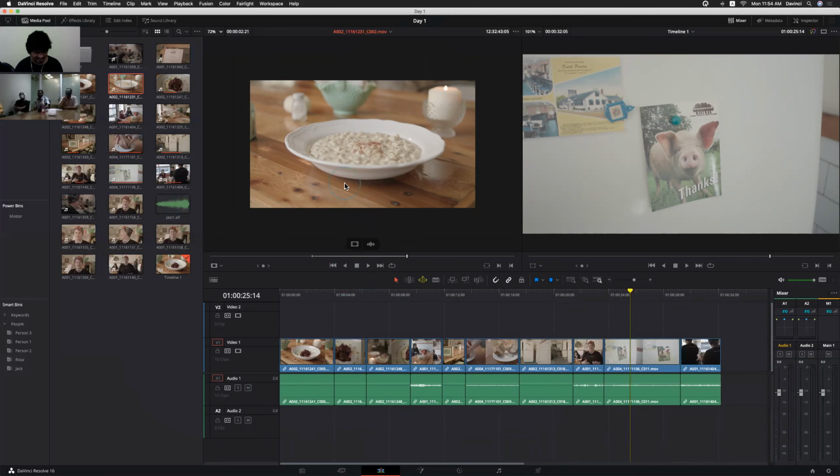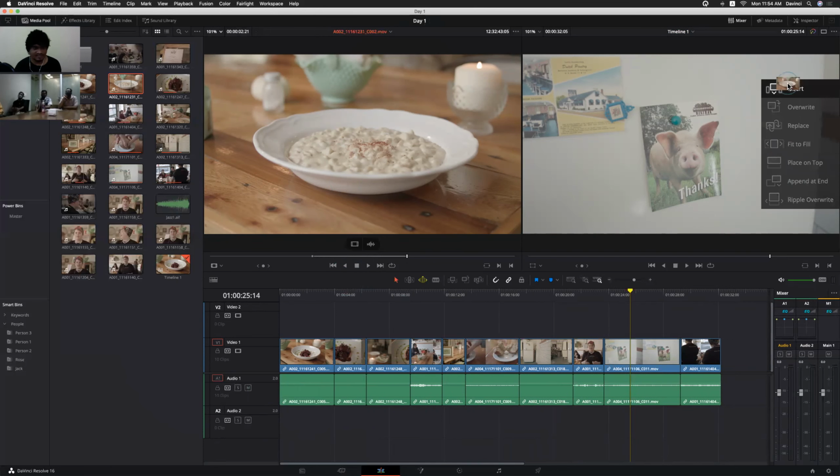And for the remaining options in Canvas, the insert, overwrite, replace, we do know replace, right? Based on the playhead position, it will replace the clip. So in Final Cut 7 and Premiere, the replace option will not consider in and outs. It will consider only the playhead position, right?